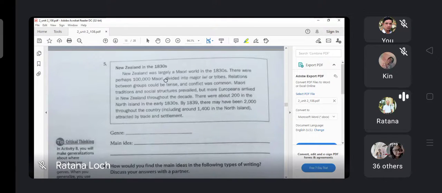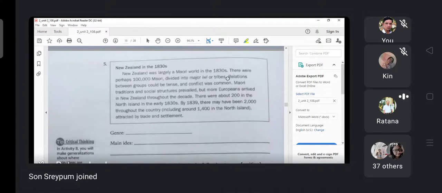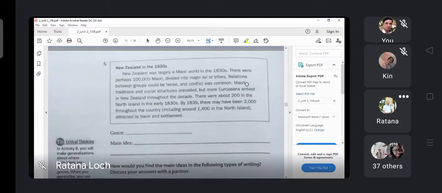Okay, so the main idea may be: New Zealand was likely a Maori world in the 1830s, and then as time passed, more Europeans arrived in New Zealand throughout the decades. So you can see the connection between the first main idea and the second main idea. You can see here is the contrast between the first and the second, right? Okay, so